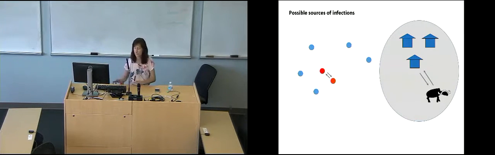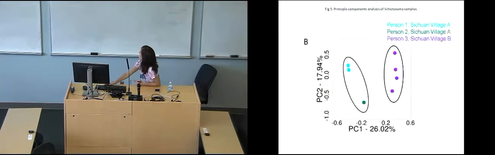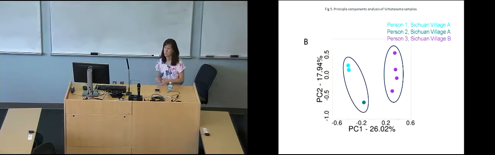So we've started to unpack this question. I'll say our answers to date are fairly incomplete, but I'll tell you kind of where we've been and where we're going. One is just using 7 samples in our pilot data that was published in this recent paper. We had 7 miracidia from 3 people in 2 villages. We did a principal components analysis. For those of you not familiar with PCA, it's a way to reduce large amounts of information to